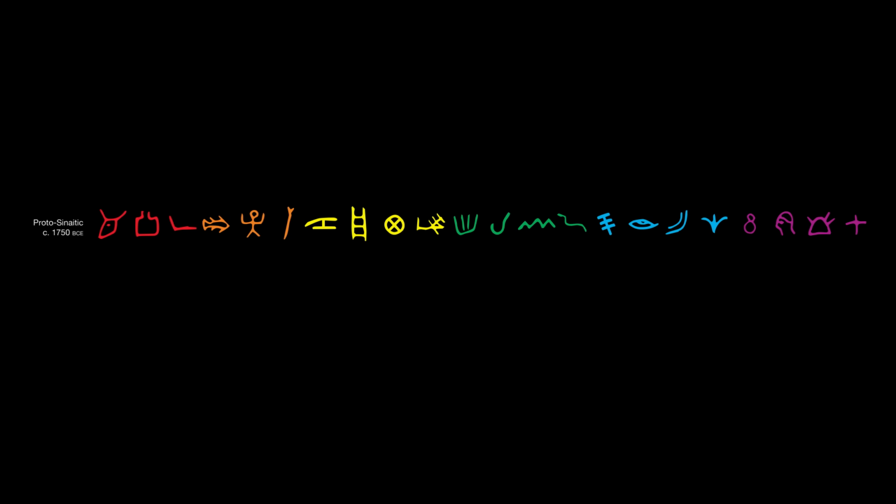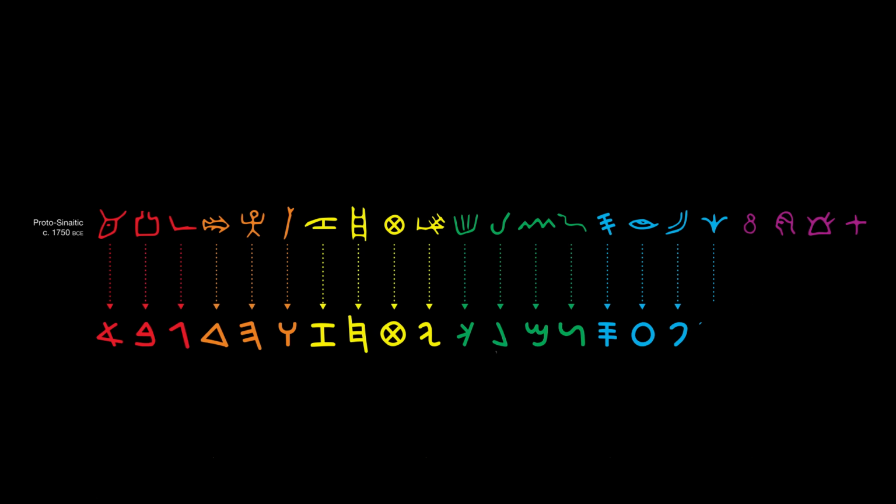However, what we do know is that it was in Canaan that the idea of using an alphabetic form of writing really took off, because by the year 1000 BCE, and in the centuries that followed it, we have lots of examples of a stylized version of the script being used throughout the Levant, both by the Phoenicians and by the ancient Israelites. Generally, this version of the alphabet is called Phoenician, although when found at ancient Israelite sites, it is called Paleo-Hebrew, but basically they're the same.